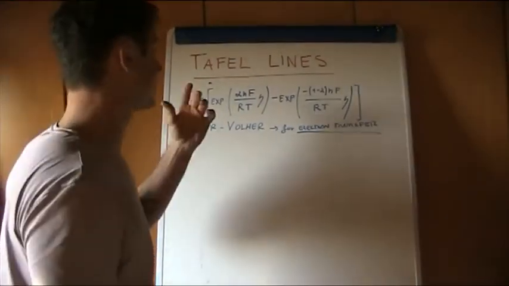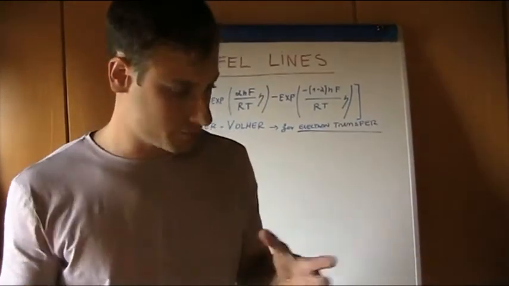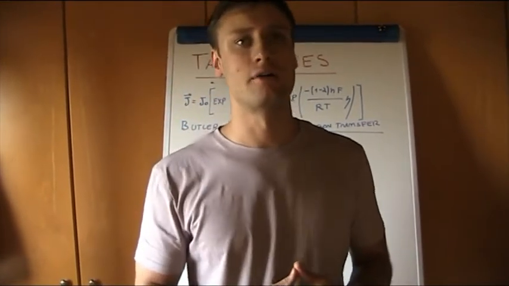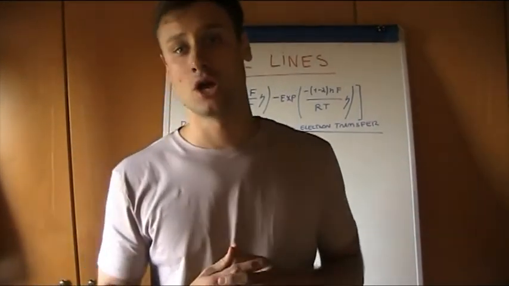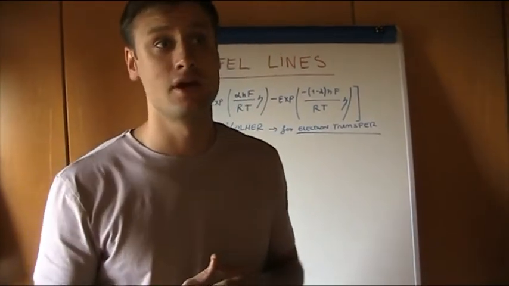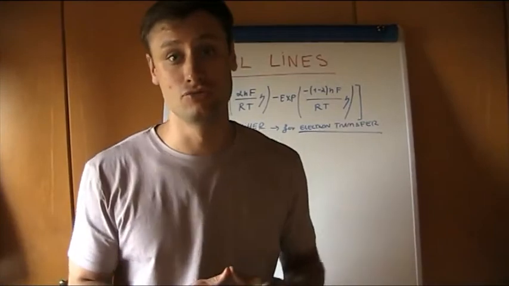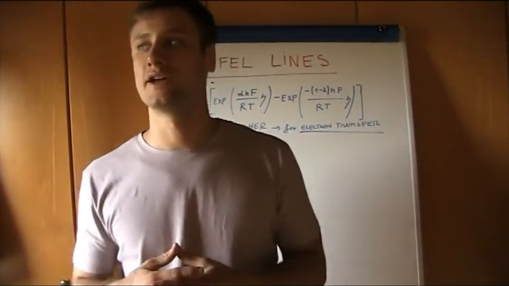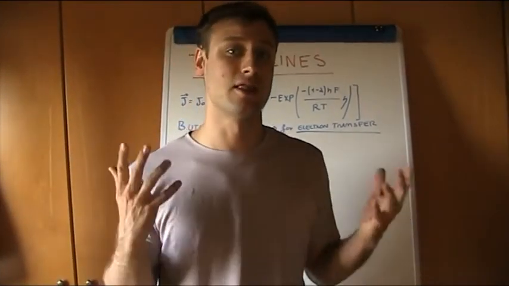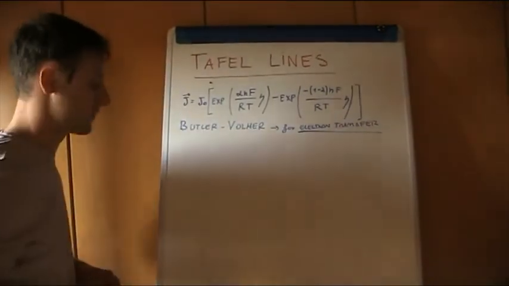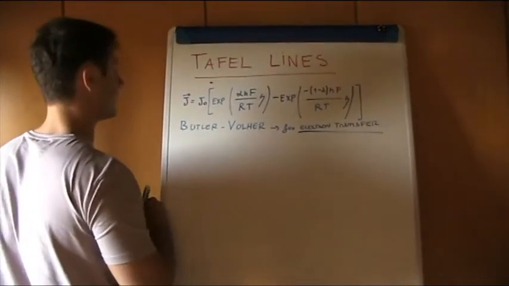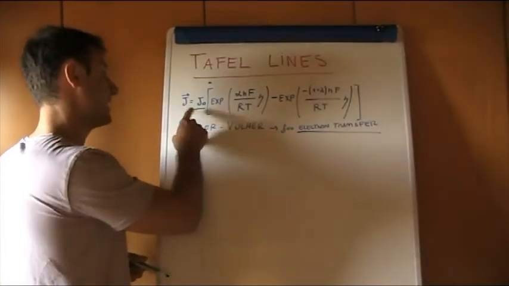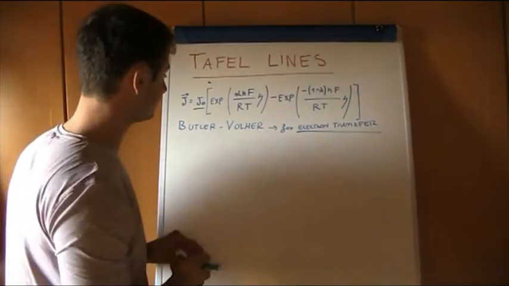Now start speaking about the Tafel line. So basically, what are the Tafel lines? Tafel lines are basically a different way in which we can design the Butler-Volmer function in a smarter way, which is extremely interesting because it allows us to evaluate the exchange current. In which way? In which way are the Tafel lines an approximation of the Butler-Volmer that allows us to obtain the exchange current? Well, let's